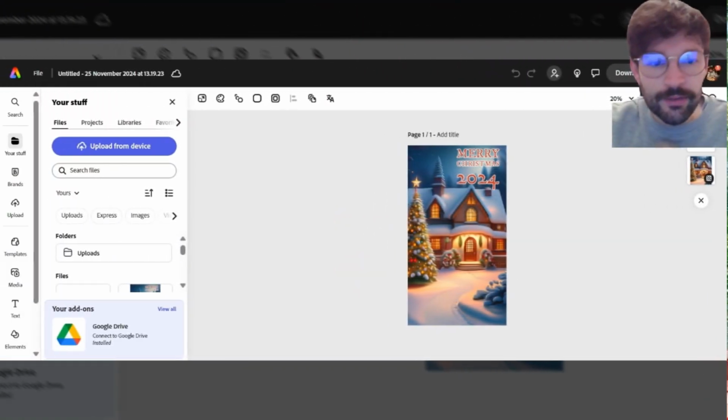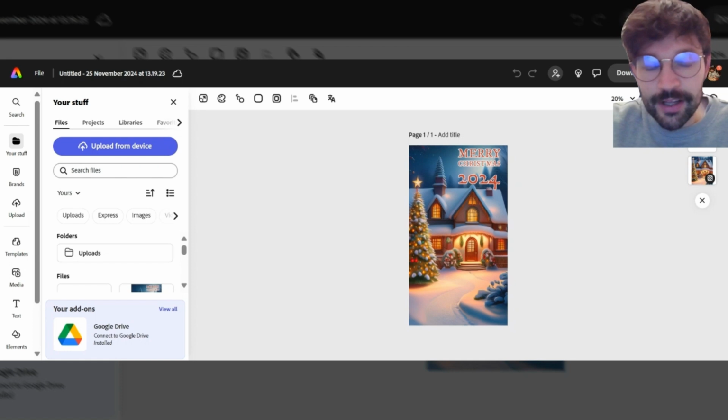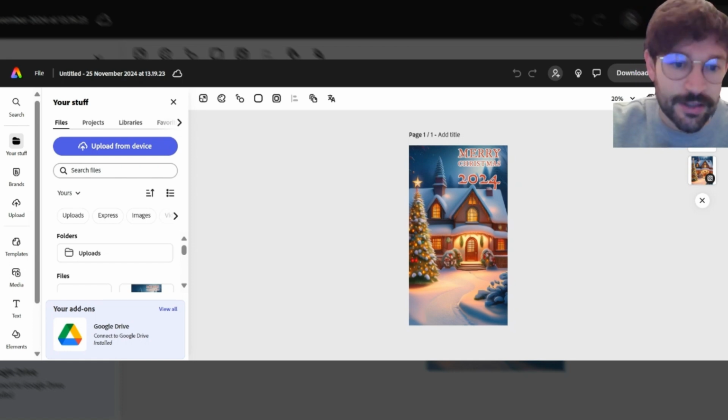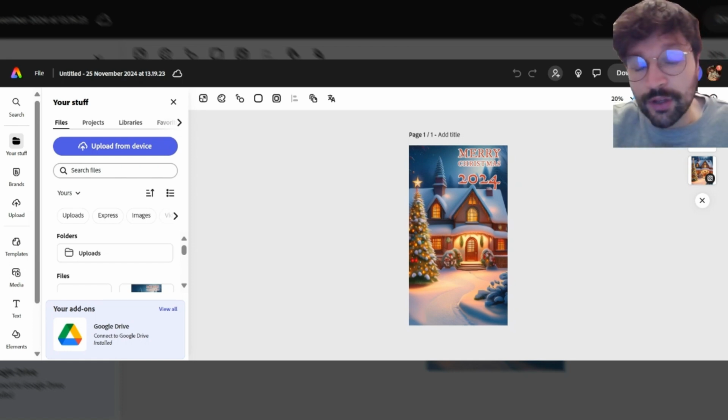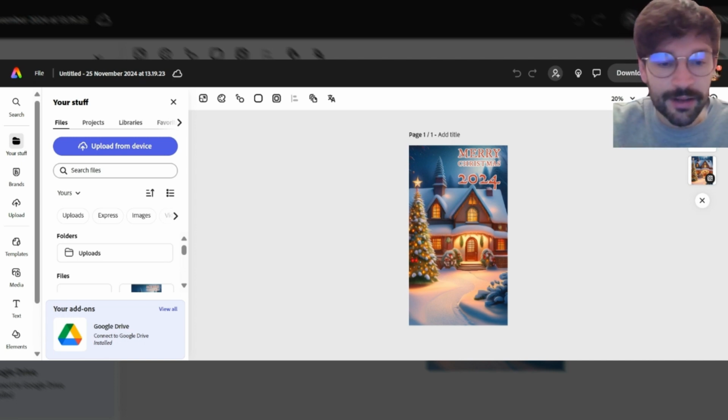Step 3 for creating our Christmas eCard is now to add our Christmas message. Now, I said earlier in the video that usually or traditionally this is done by writing a piece of text, maybe using a pen, a pencil, or even typing it onto an electronic card. But for the purpose of this experience, we're going to create an animation that will use our voice to